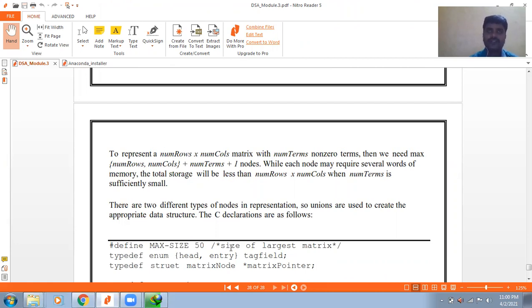So in the total module 3 we covered different types of topics. First is the definition and introduction of the linked list, and the second is memory allocation, which is called garbage collection. In the third session we discussed operations of linked list, and in the fourth session we discussed applications of linked list, that is polynomial and sparse matrix application. So I discussed the importance of linked list in the data structure and application subject.